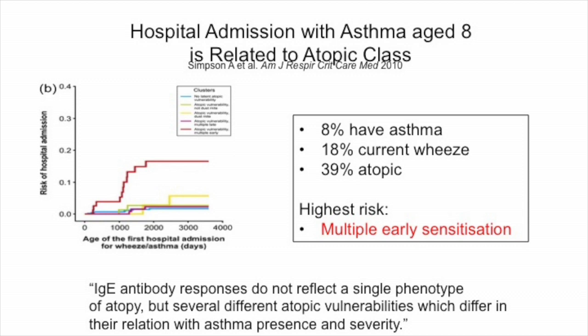But more particularly, what they found is that you are much more likely to develop allergic asthma if you were sensitized at a very early age to many different air allergens. So if you are 1 to 3 years old and you were sensitized at that point to cat, dog, house dust mite at a really early age, then you're much more likely to go on later on to have asthma at age 8. So the number of allergens you're sensitized to and the earlier the age are really important factors in terms of the development of asthma.